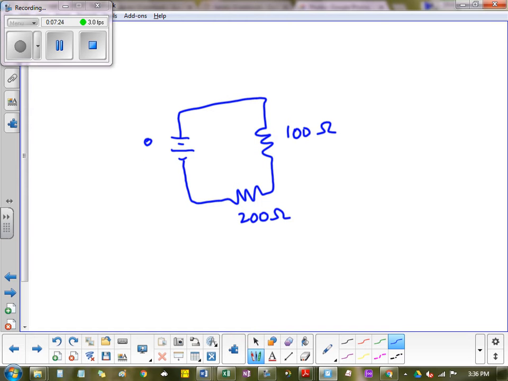And let's say this is your EMF. Actually, let's make it general. Let's make this R1 and R2. If you just think of where the positive end of the battery is, and you take